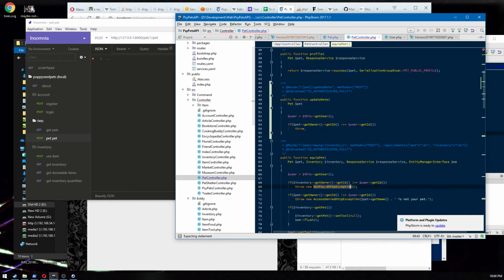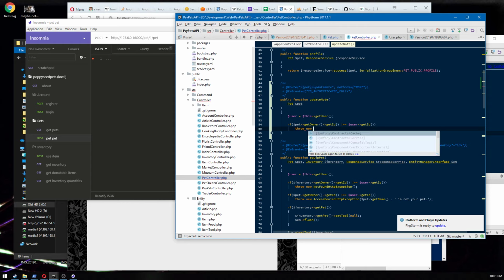And you can see I did that down here, and I just throw a not found. So it'll come up as a 404. If someone tries to modify a pet that doesn't belong to them, it's going to say that wasn't actually found. A more honest thing to do would be to say access denied. You don't have permission to mess with that. But in this case, it doesn't matter. I'm just in the habit of